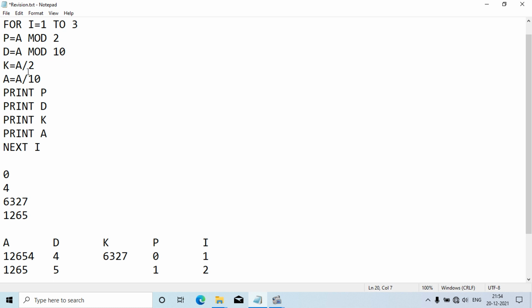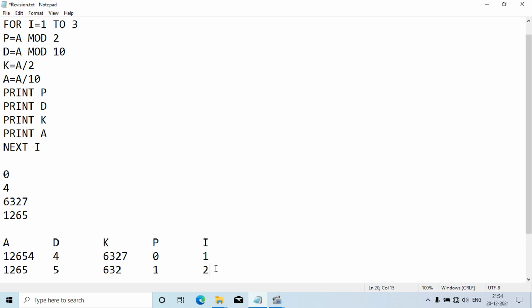Then k equal to a by 2. The value of a is 1265, so we divide by 2. 1265 divided by 2 is 632, so k's value will be 632. Now a equal to a by 10.